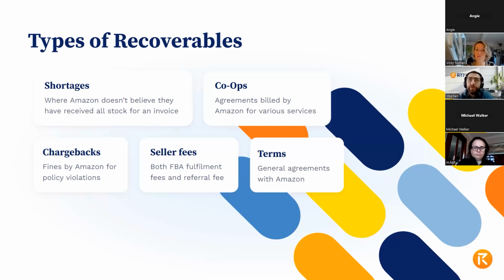So moving on to the second one on this list, we've got the co-ops piece. This is an exclusive one to vendor. Co-ops are the agreements that Amazon puts onto the vendor account to provide certain services such as damage allowance, overstock allowance, marketing allowance. And there are a couple of things that come up that cause some discrepancies within these. I'll go more into those further into the presentation, but that's one that's exclusively to vendor.